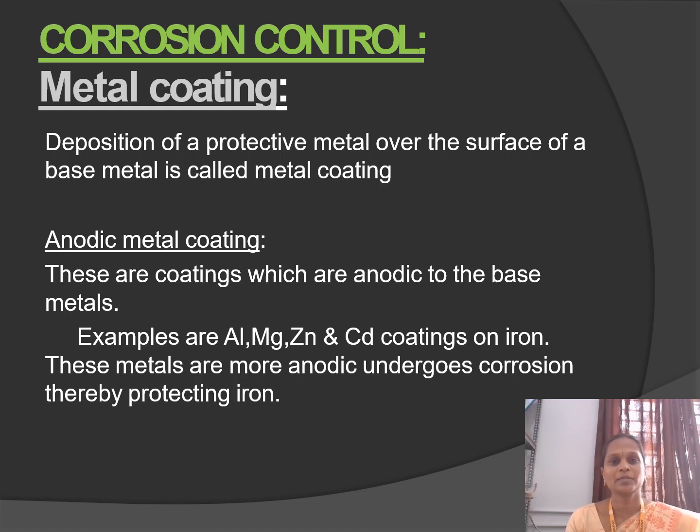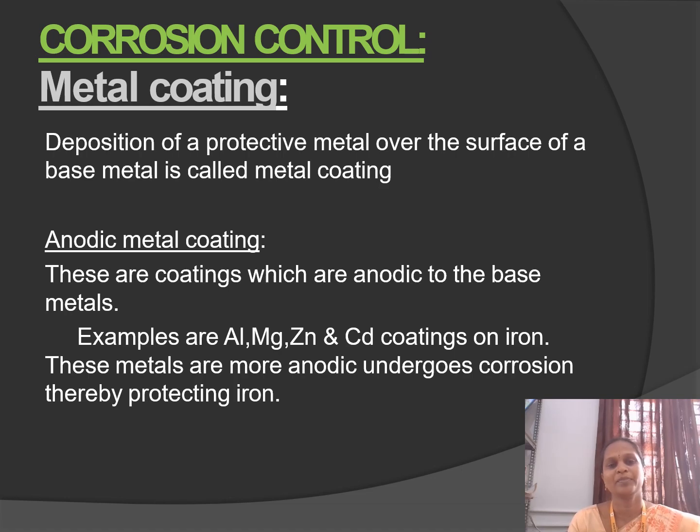Today we have to discuss corrosion control. There are various methods of corrosion control. Of these, one method we will discuss today is called metal coating. Metal coating is nothing but the deposition of a protective metal over the surface